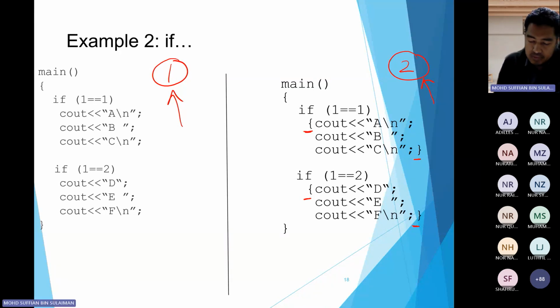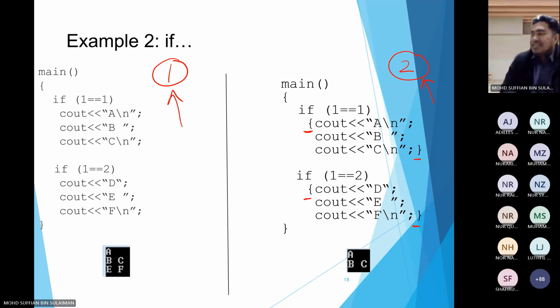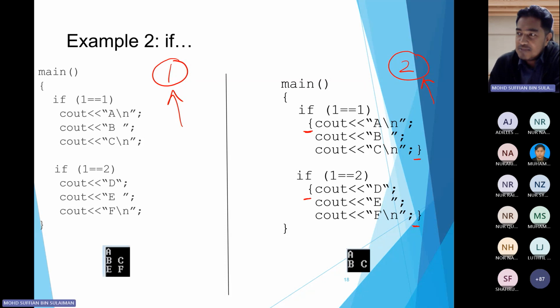Okay, kita tengok jawapan. So this is the output. Are you agree with this output? Setuju. Okay. Baru soalan macam ni dah ramai salah jawab. Alright, kita tengok how we can obtain this kind of output. So first, we have if